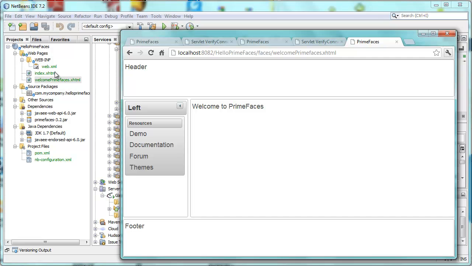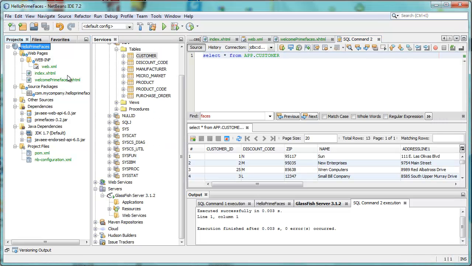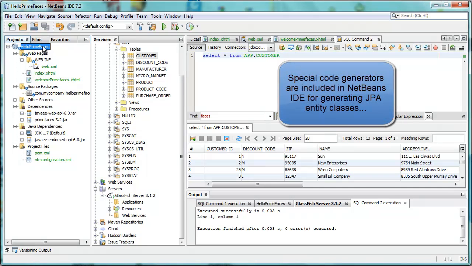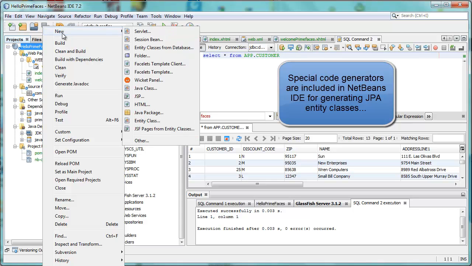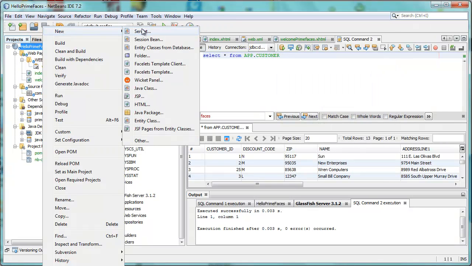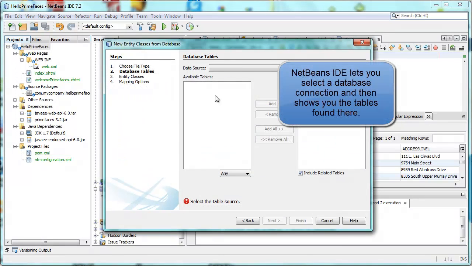To get started, we actually need to get hold of this data and represent it in some way inside of our application following Java EE6, and the way that that is done is via the JPA specification, Java Persistence Annotations. We find that there is a template called entity classes from database, and for each of the tables